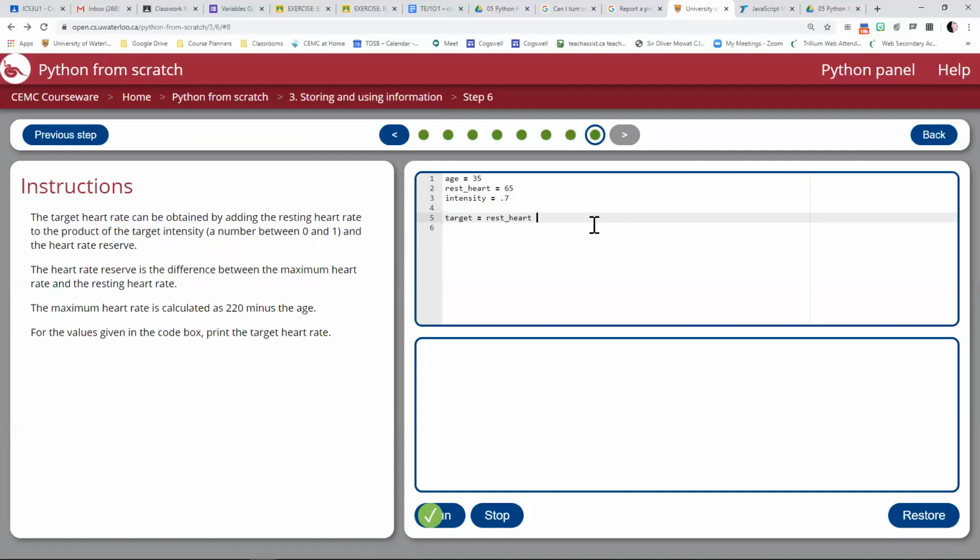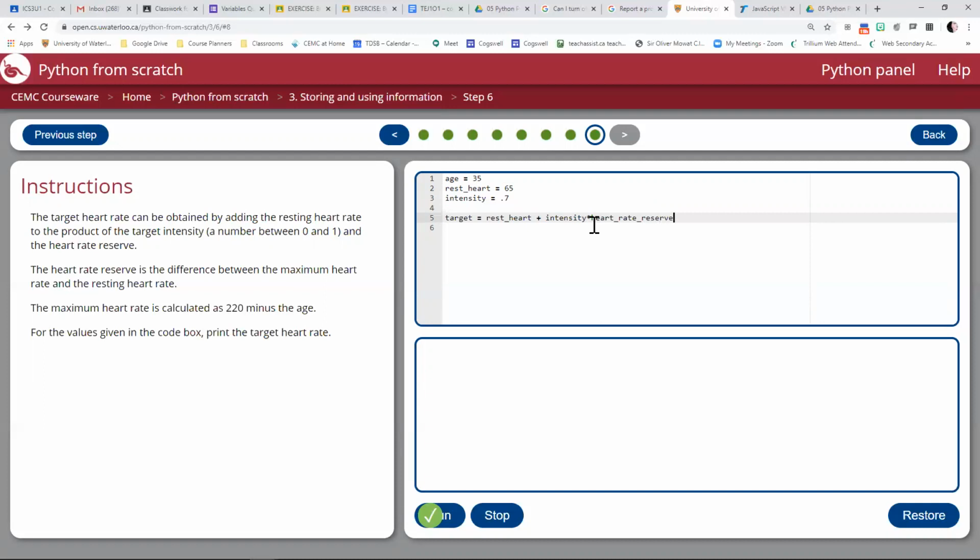So I'm adding that to the product of the intensity and the heart rate reserve. The product, so that's multiply, heart rate